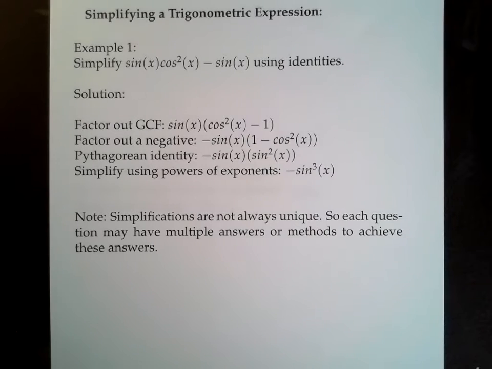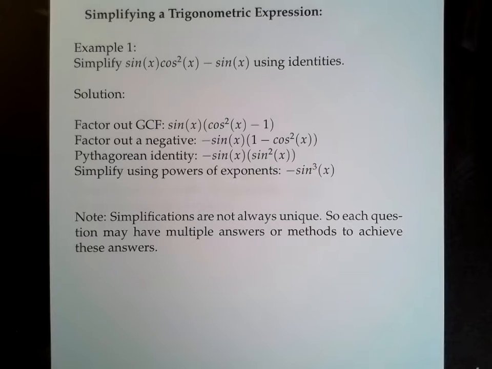So if you remember back in pre-calculus, the algebra part, when we needed to simplify the function, there were a couple of different ways that we can do this. The easiest way is to factor and then simplify using the powers of exponents. And that's really what we're going to be doing here as well. We're going to be using identities, and we're going to be factoring, and between those two things, we should be